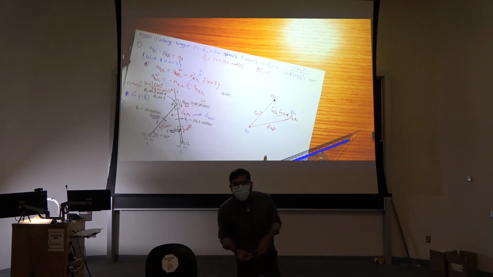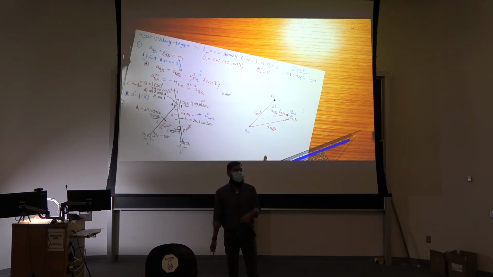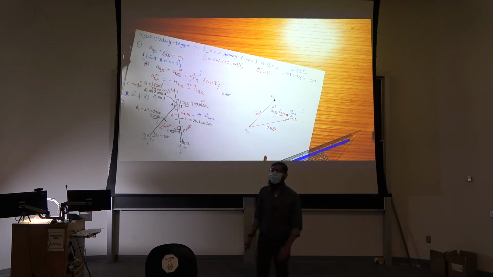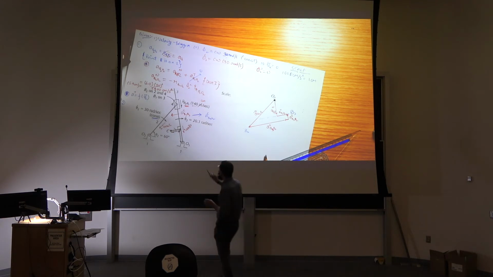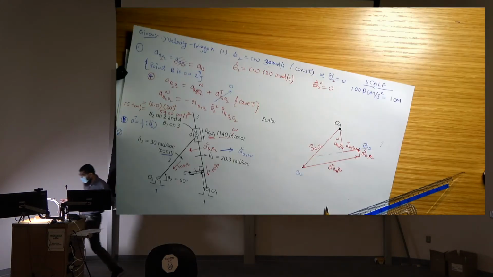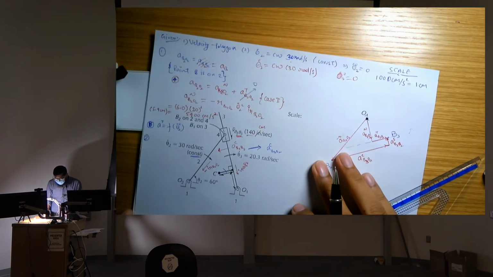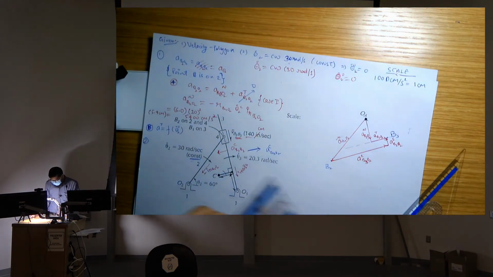Three points on the same link. So for C, what points do you think are on the same link? Can you give me those three points? Yeah. O3 and B3 and C. Right now they are not making a triangle. So first we need to make a triangle to see whether they are.